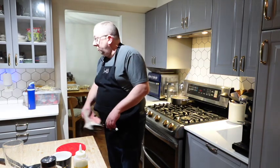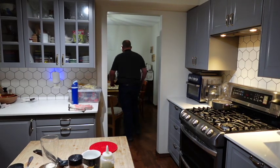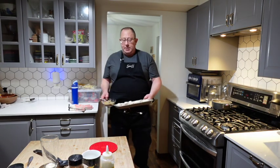Now, we're going to go back to the dining area. I'm going to adjust our camera here because we're not in the best spot. How's that better? Okay. So, coming back to the kitchen,